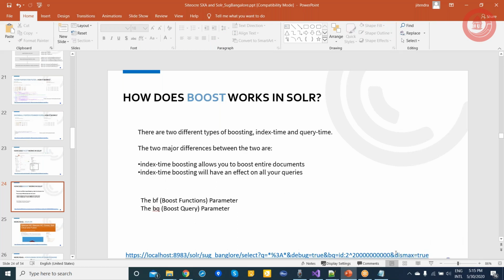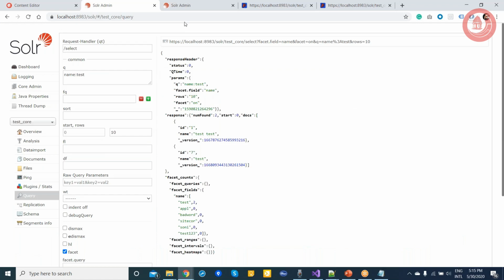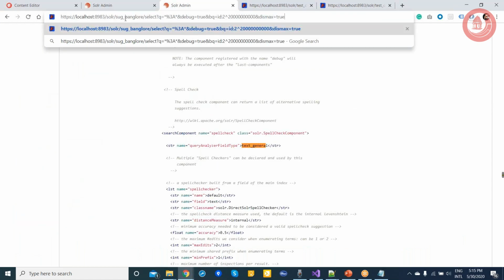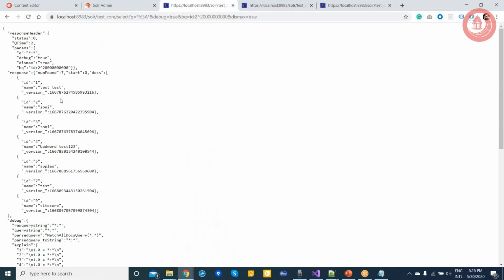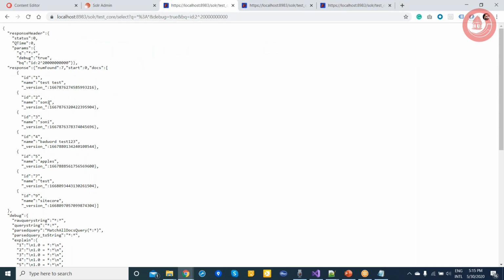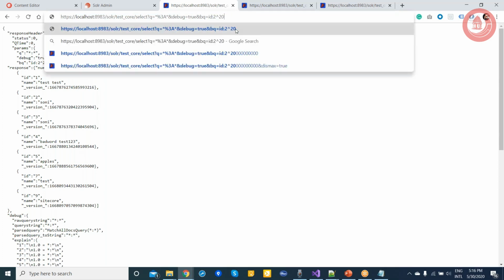I will show you this example. Let's say for this example, I will test code. So here I set boost query, ID where to boost by this number, and I will remove this next, it's a parser, and then it will boost if the ID has this value. If I say boost query ID which has two, we'll remove these values.